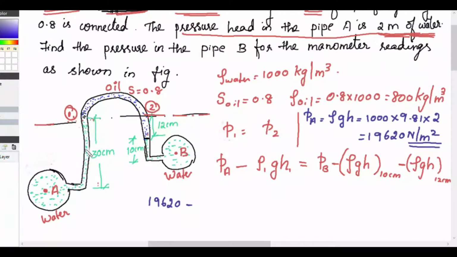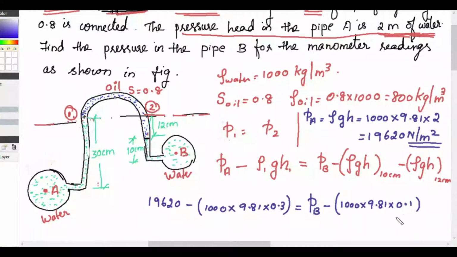This rho 1 is water, so it is 1000 into G, 9.81, into this height, 30 centimeter, so it is 0.3 meter, is equal to the pressure at B minus rho G H due to this, that is 1000 into 9.81 into the height of 10 centimeter, so it is 0.1,